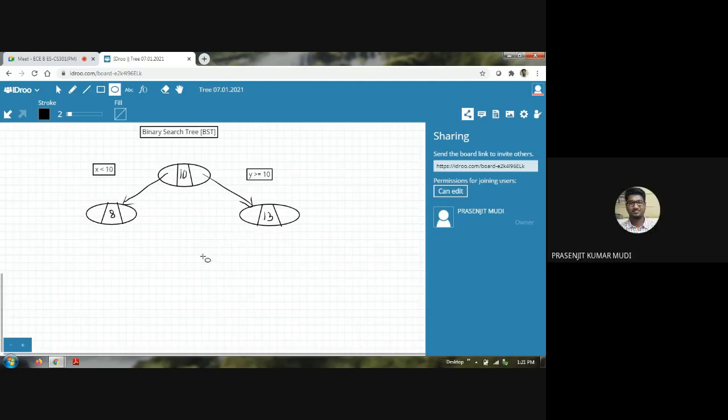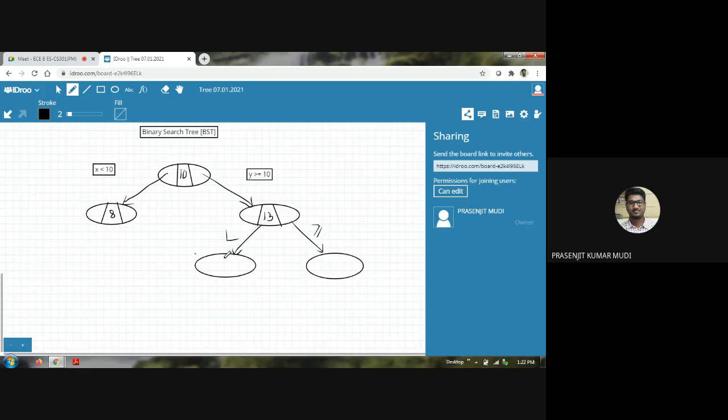I'm not getting it actually. Probably, if I tell you, it will be clear. So this node may have maximum 2 children, a left child and a right child. Here you can apply the less than policy, and here you can apply the greater than or equal to policy. The less than policy is applied on any node in the left subtree.